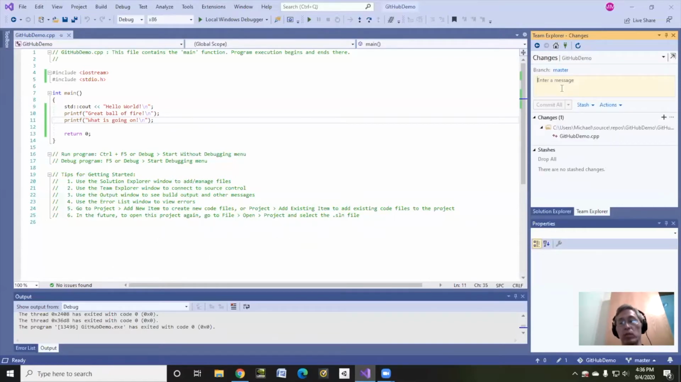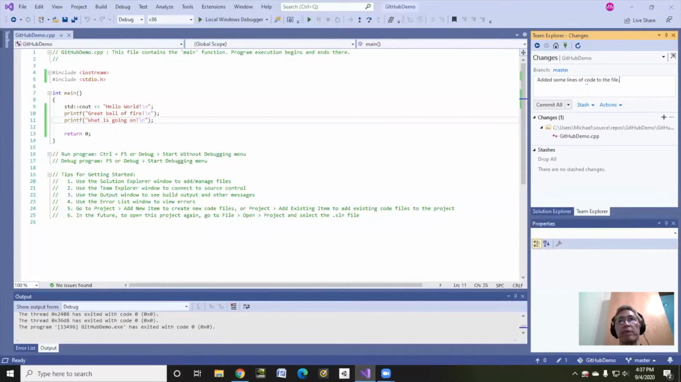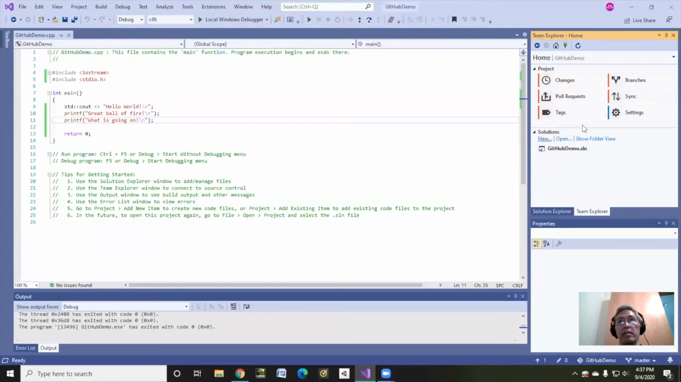And what I'm going to do is what's called a commit. So I'm going to commit, added some lines of code to the file. Even though that's not very exciting, that's what I'm going to do. I'll just put that in there. And the more detail you put in your commit, the better off you're going to be. You might even put in the date, that kind of good stuff. And then I'll do commit all. Okay, once I've committed, all I have to do, come back here and